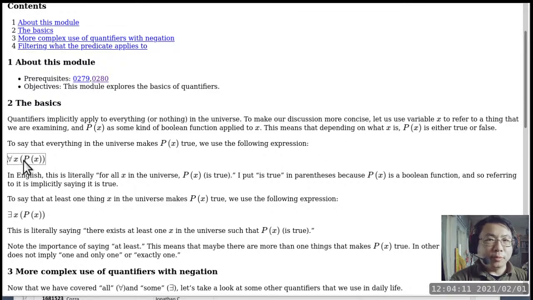Now, if we use this notation here, this is an inverted A, which stands for all. So this basically is saying for all x, p of x is true. That's what it's implying. You look at this expression; it is not always an assertion. In other words, it's not saying that for every x, p of x is true. It is more like a question: is it true or is it false that for all x, p of x is true? So this expression itself is Boolean, and it can be either true or false.